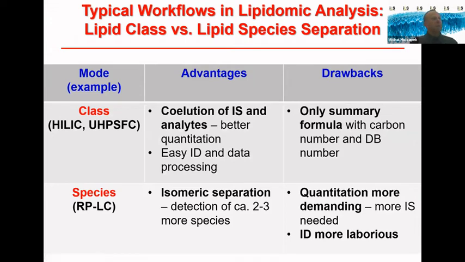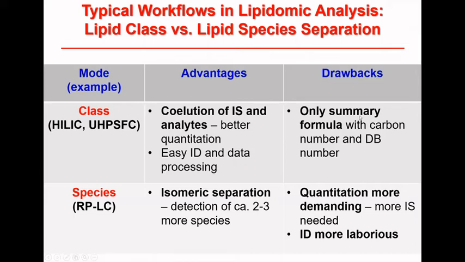So first, I would like to explain 2 major strategies connected to chromatography, called either lipid class or lipid species separation approaches. The first one is called lipid class separation. It may be either HILIC, SFC, or eventually normal phase chromatography. And here the advantage is that your internal standard will coelute with all analytes from the same lipid class. So it simplifies very significantly the lipidomic quantitation and also automation of your data processing. But there is also a drawback that you report just the summary formula with the total number of carbons and